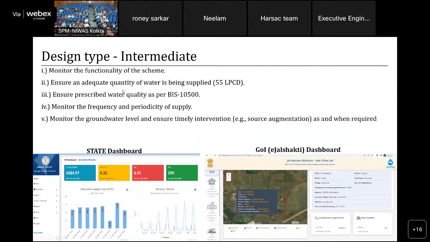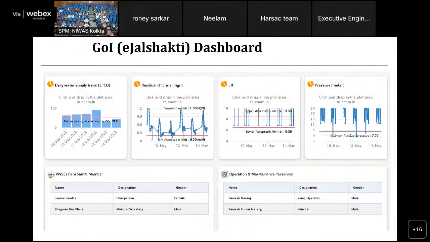देन जो स्टैंडर्ड है सर, मॉनिटरिंग द फंक्शनलिटी ऑफ द स्कीम, डेफिनेटली ये तो सब मतलब स्टैंडर्ड हमारे पैरामीटर्स ही हैं। एंश्योर एडिक्वेट क्वांटिटी ऑफ वाटर इज बीइंग सप्लाइड 55 एलपीसीडी एंड टू प्रिस्क्राइब वाटर क्वालिटी एज पर BIS 10500। देन मॉनिटर द फ्रीक्वेंसी एंड periodicity ऑफ सप्लाई। देन मॉनिटरिंग द ग्राउंड वाटर लेवल एंड एंश्योर टाइमली इंटरवेंशन। अगर हमारे को सोर्स ऑगमेंटेशन का जरूरत है सर, तो वो चीज़ हम लोग टाइमली कर सकें। तो ये सभी चीज़ें जो है हमारा आउटकम उससे जो आ रहा है। देन इट इज़ नॉट न्यू, इट इज़ नोन टू ऑल